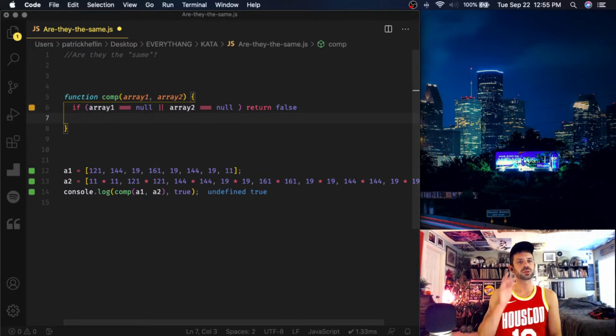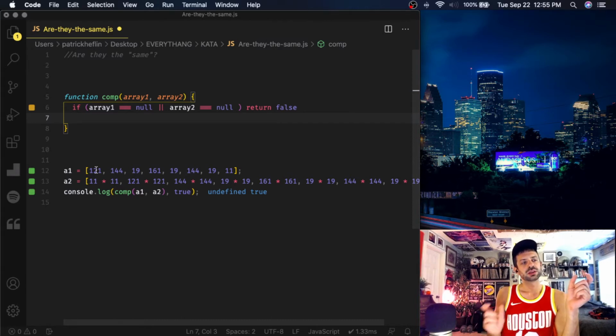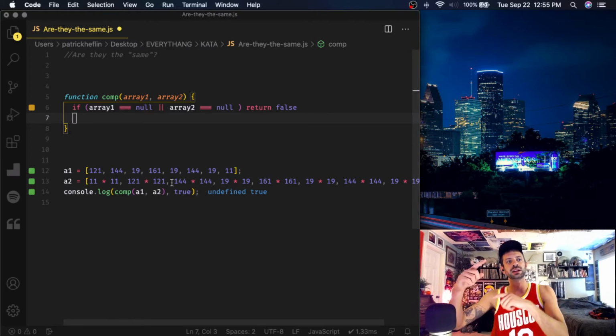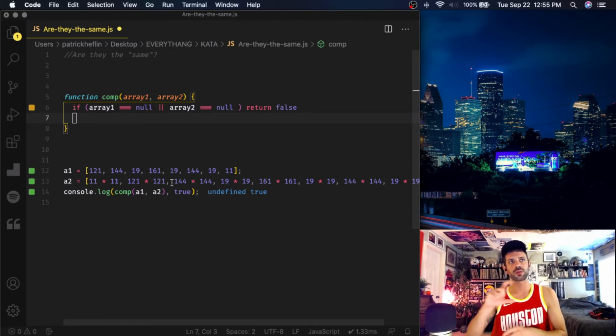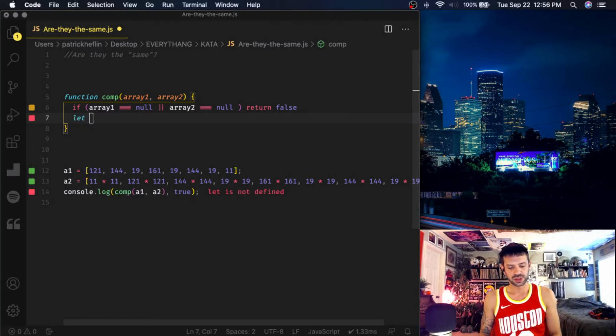The next thing we need to do is sort our arrays. We're going to go through this array and square each number, and then sort them after we've squared them. Then we'll check if they're the same at each index. If they're all the same all the way through both arrays, then we know we need to return true. So we'll let sort1